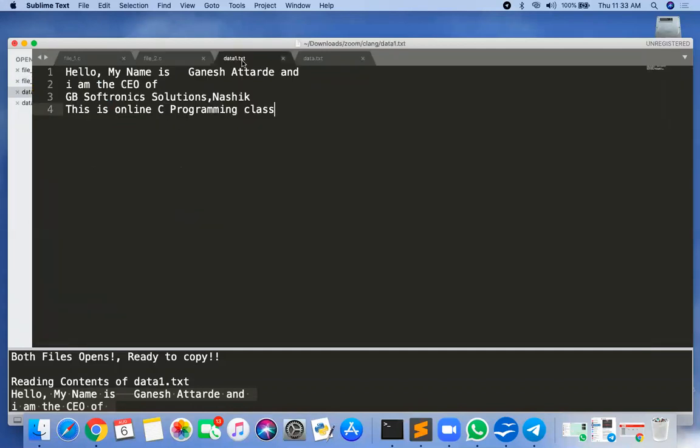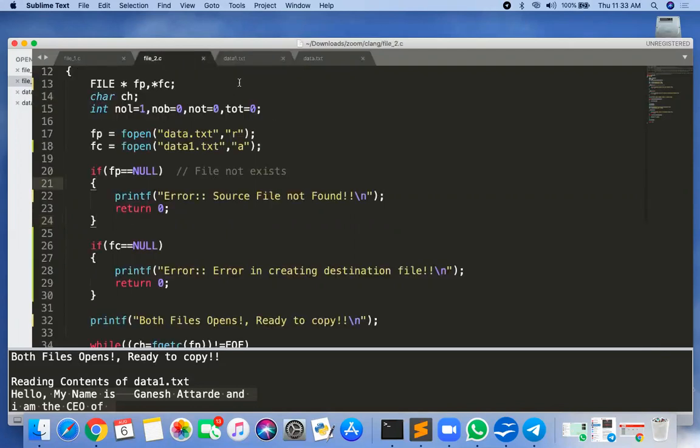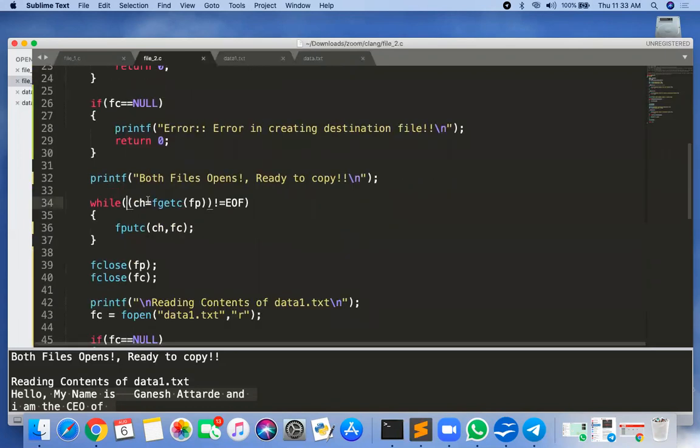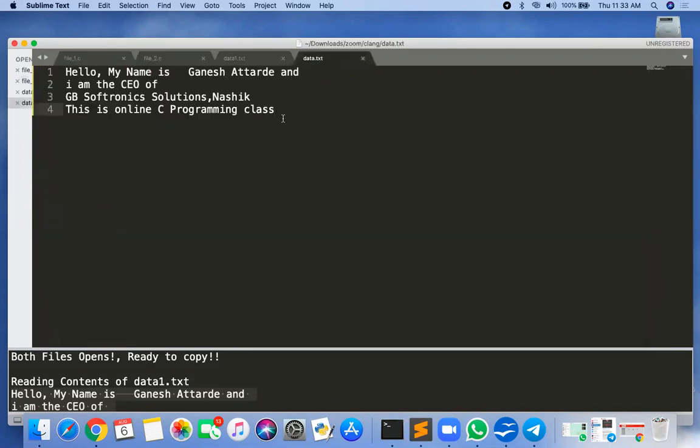Now what is in data1.txt? This is the data. When I run this program, if I open data1.txt in append mode, the previous content stays as it is, and you read the content of data.txt and place the data at the end.